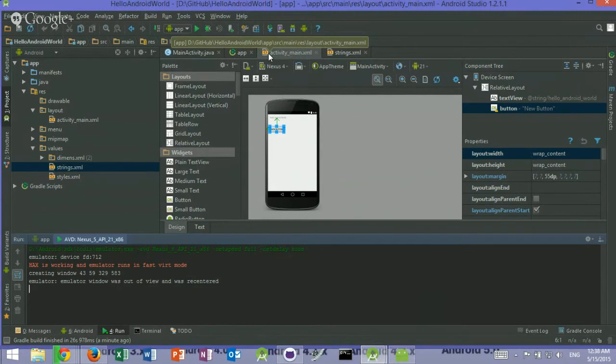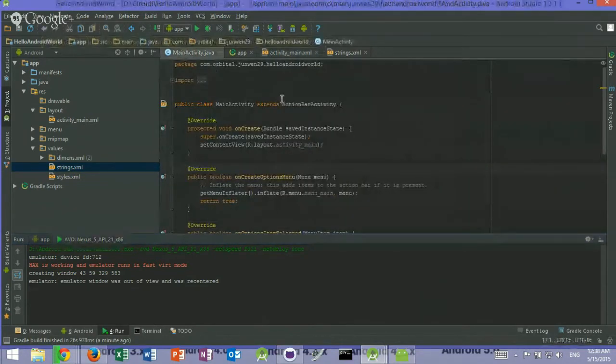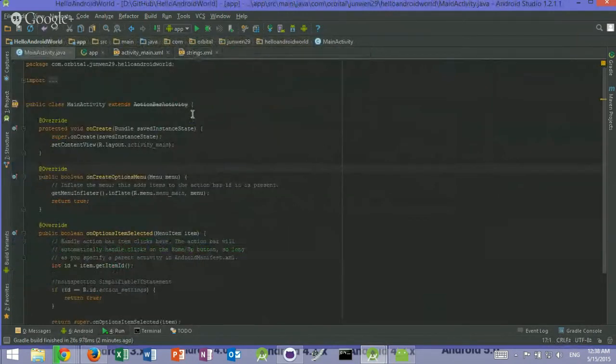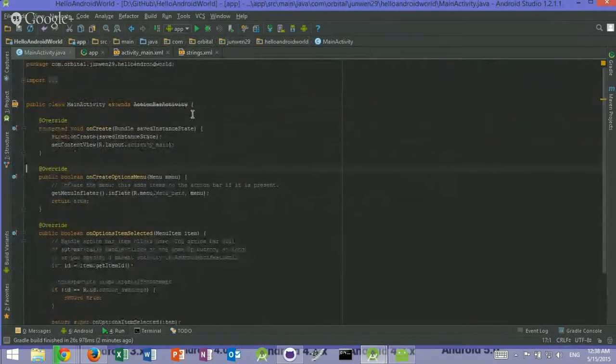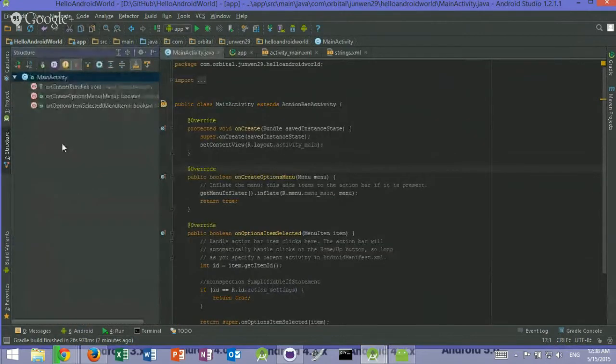another thing that I want to show. Okay, let's talk a bit about Java. Okay, Java. This part is the part where you write code about your Android, about your activity. So there's actually three methods. Yeah, Java is